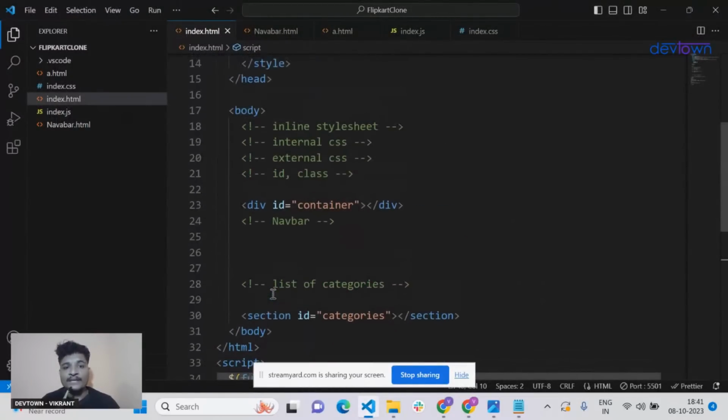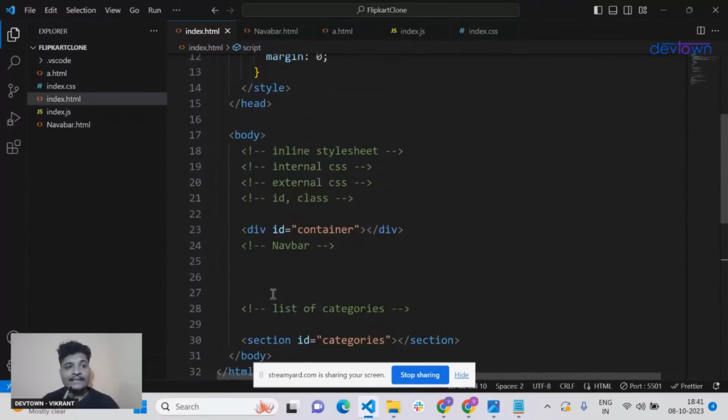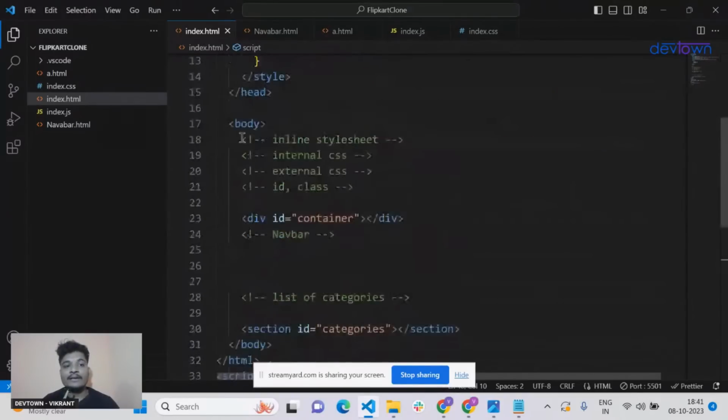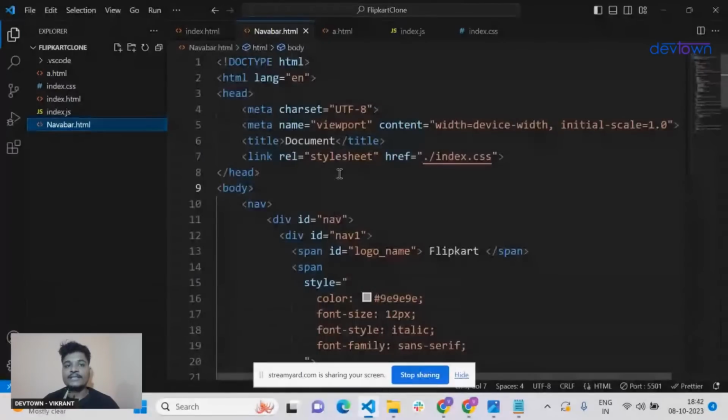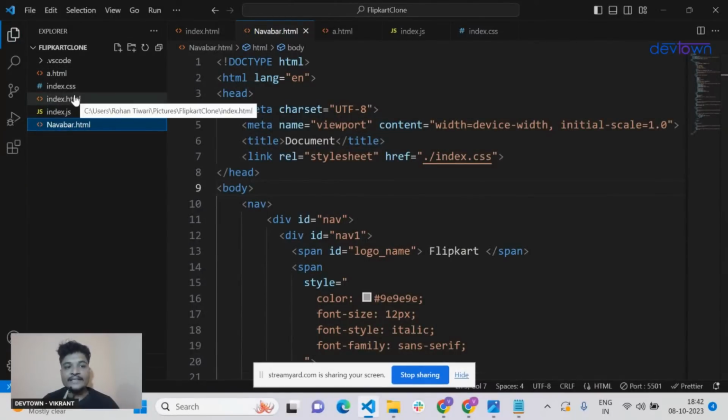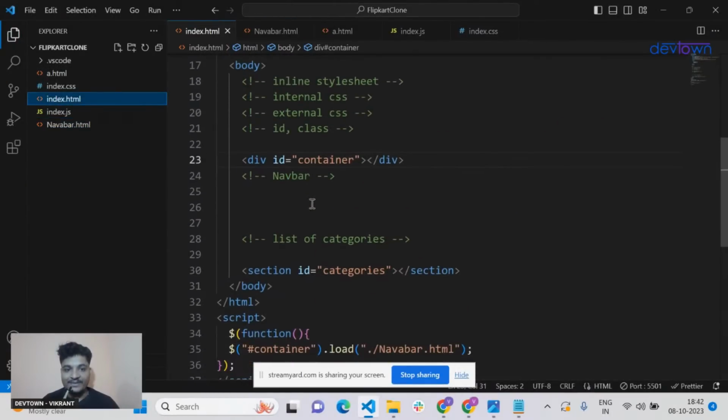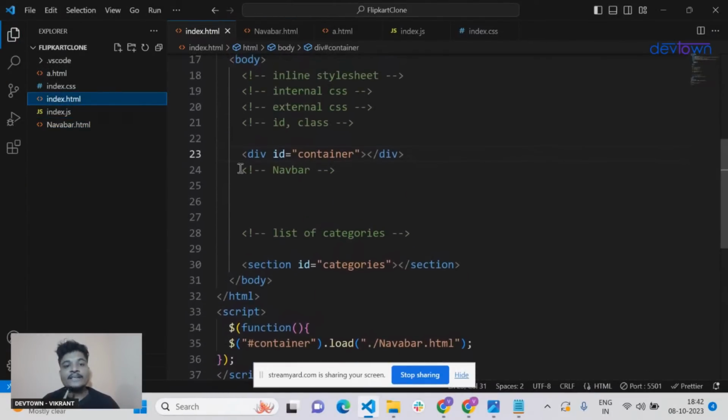Previously in the body tag of the index.html page, we had our nav tag. Inside that, I had the complete code of my navbar, right? But instead of that, I have removed that code from there and created one new page, navbar.html. As simple as that, nothing else. And then in the index.html, to use that navbar over here,